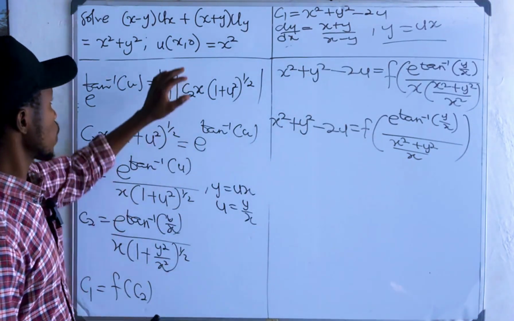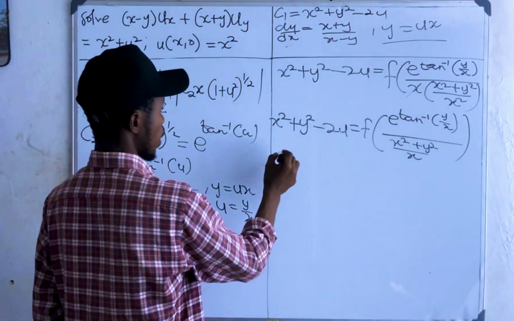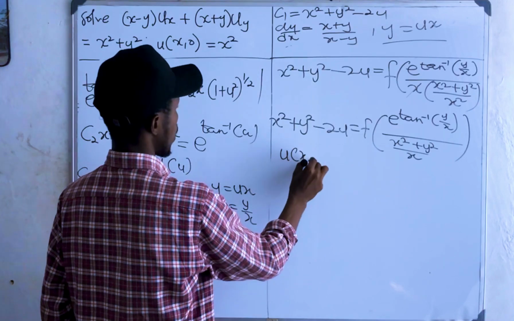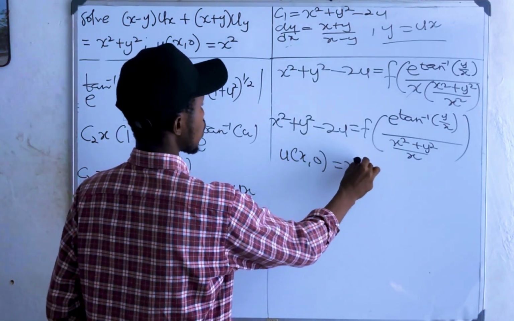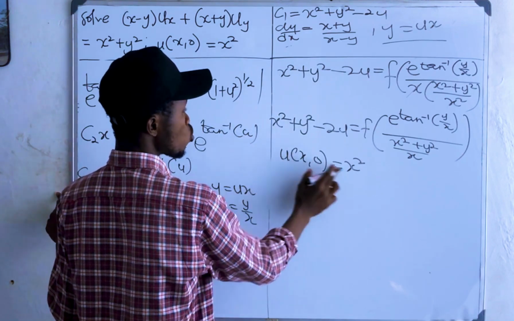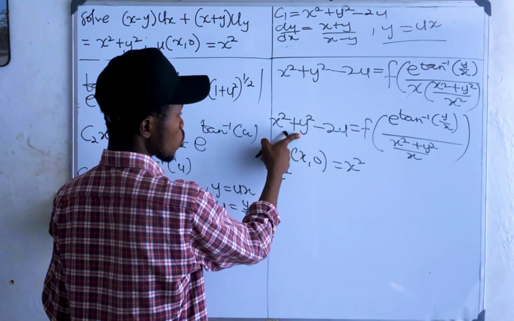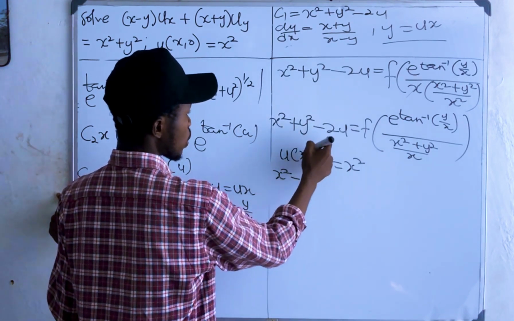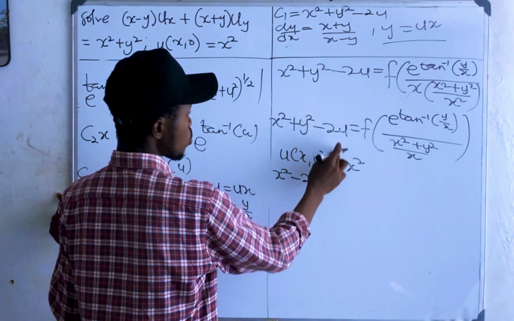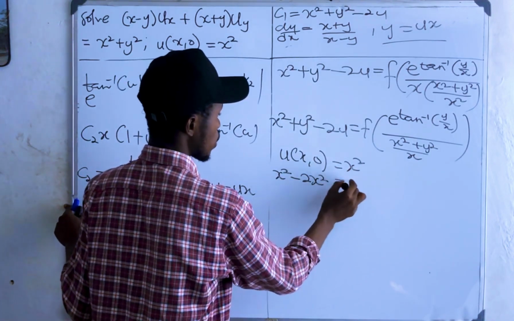But we are told that we should use this as our initial condition, u(x,0) equals x squared. So x is x, y is 0, u is x squared. So x squared, y is 0 so 0 squared is 0, minus 2u, where u is x squared. Wherever you see u, you put x squared there, is equal to f